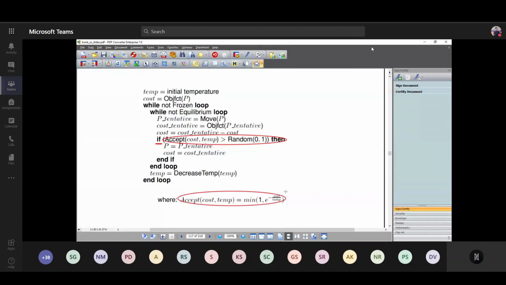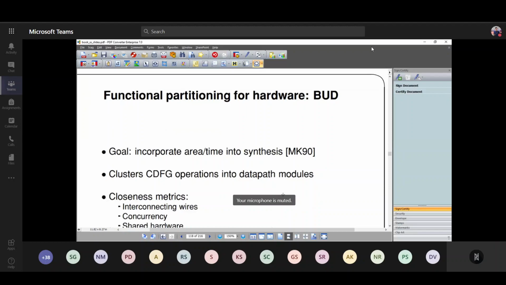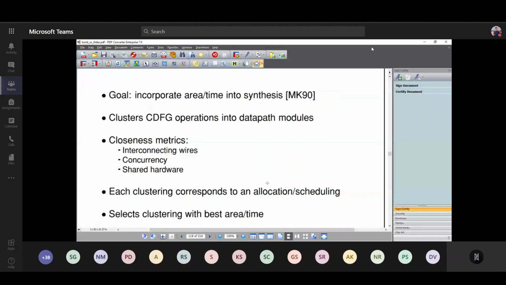The basic advantage of this simulated annealing algorithm is that it gives faster computation and gives a solution which may not be optimal, but is near to optimal. That is an advantage of using this, which is also used in different types of compilers or synthesis tools. Here is an example of the BERT compiler, which is used in order to get better clustering. So take an example of this BERT compiler.